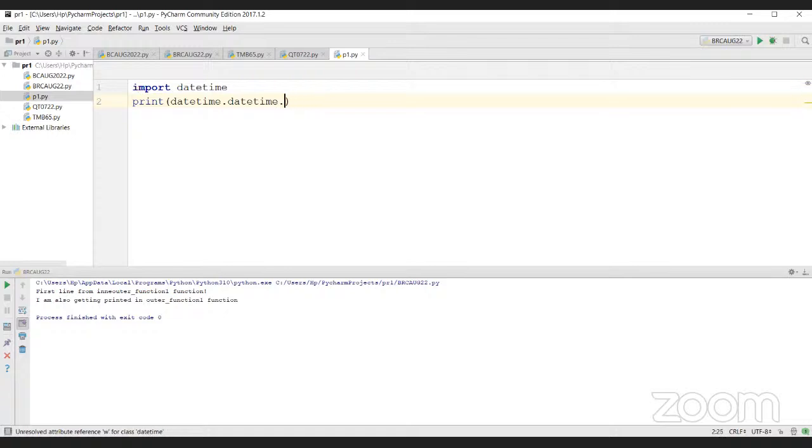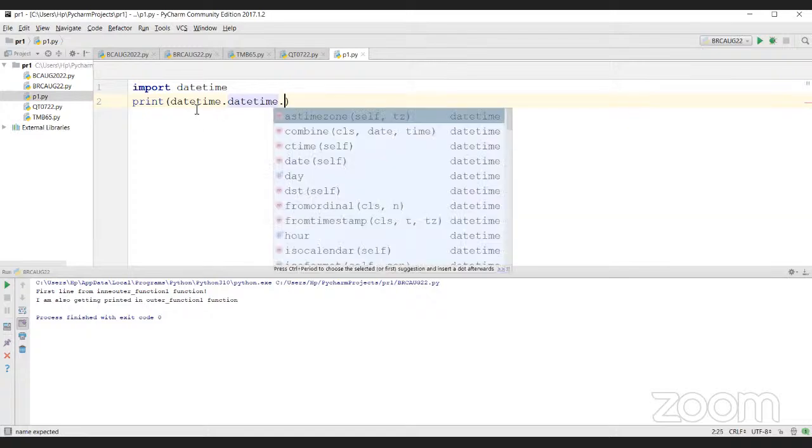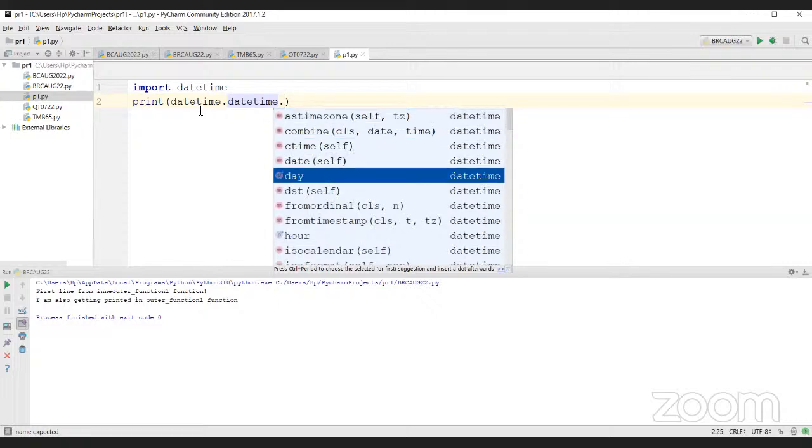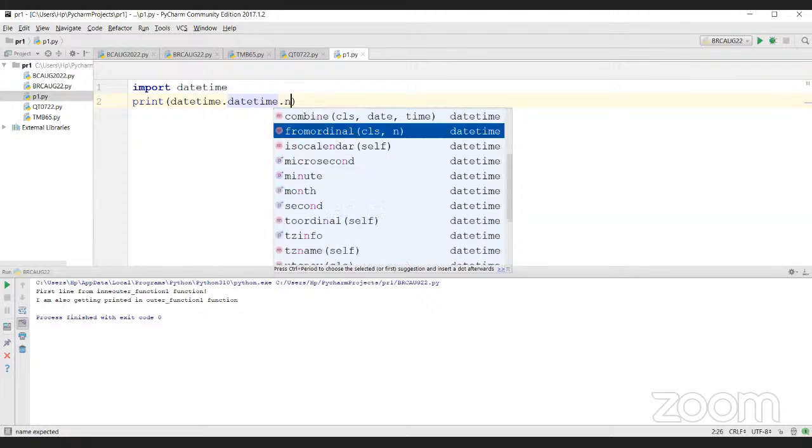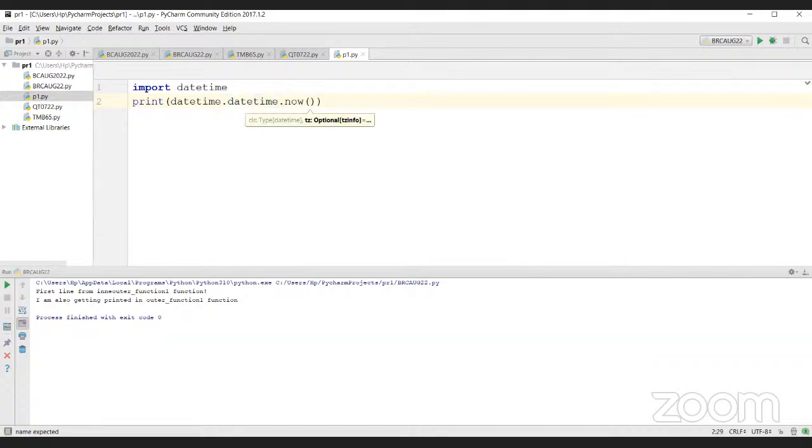Okay. Datetime dot datetime. Datetime is a module, and in it we have datetime. When you type dot, you can see all these options. There's an option called now. If you say datetime dot now, you will get the current system time. It's going to read my system and get the time. So it is 5:46. If I run it,